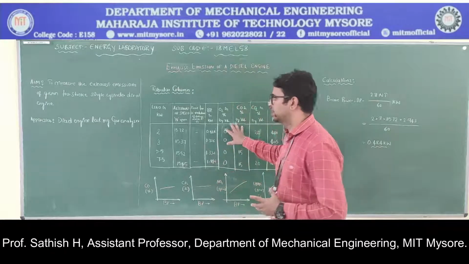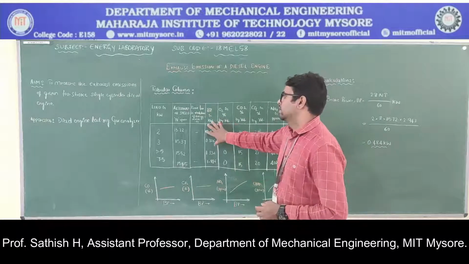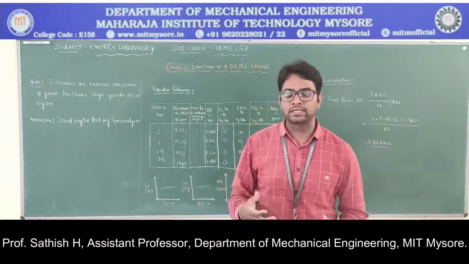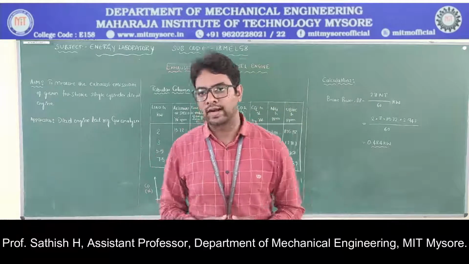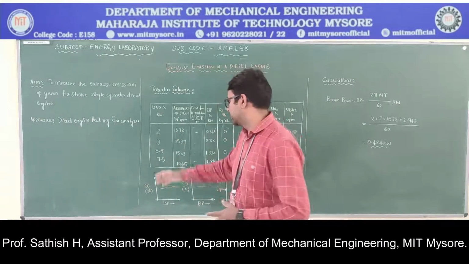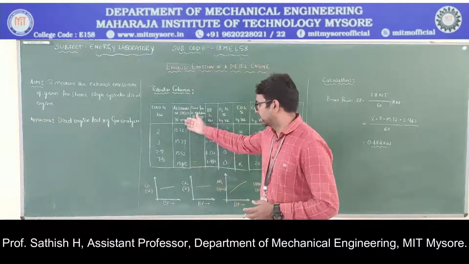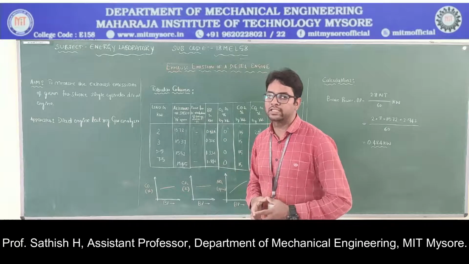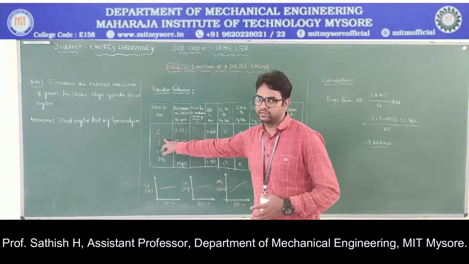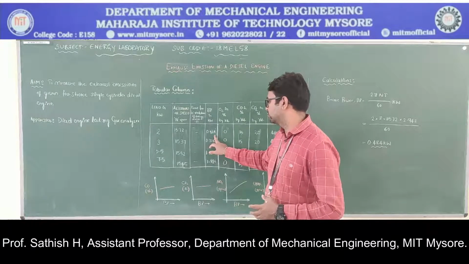These are the tabulated values after conducting the experiment. We are measuring these pollutants by varying the load. So we have a 2 kilowatt load, and then we increase it to 3 kilowatts, then 5.5 kilowatts and 7.5 kilowatts. We have to record the corresponding speed of the alternator in RPM, that is the engine speed, 1572 for the first reading, that is for 2 kilowatts. And then the brake power, that is 0.484.